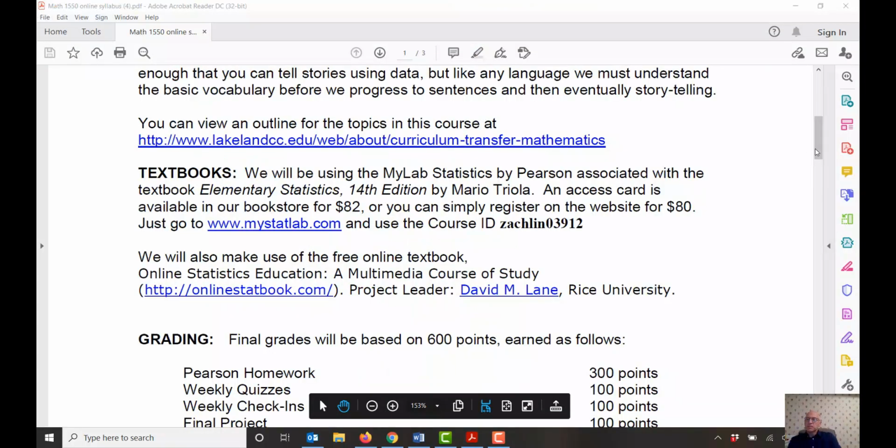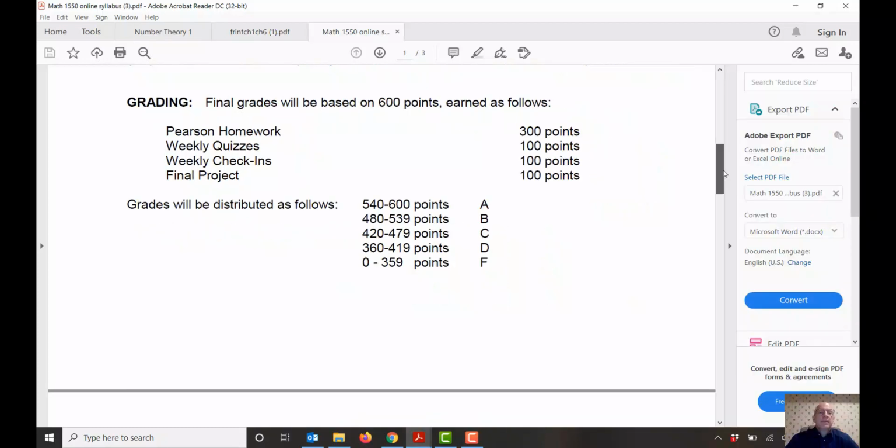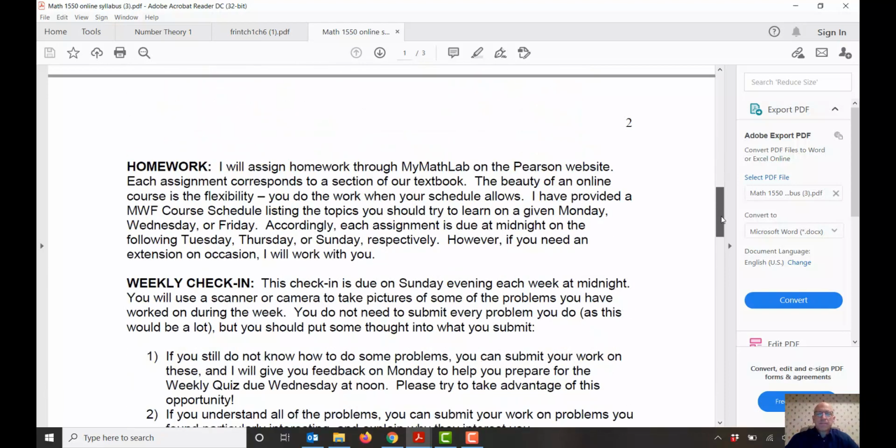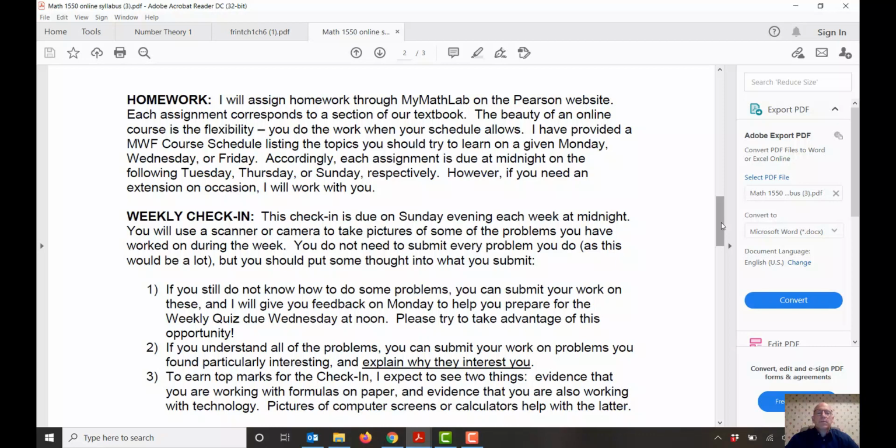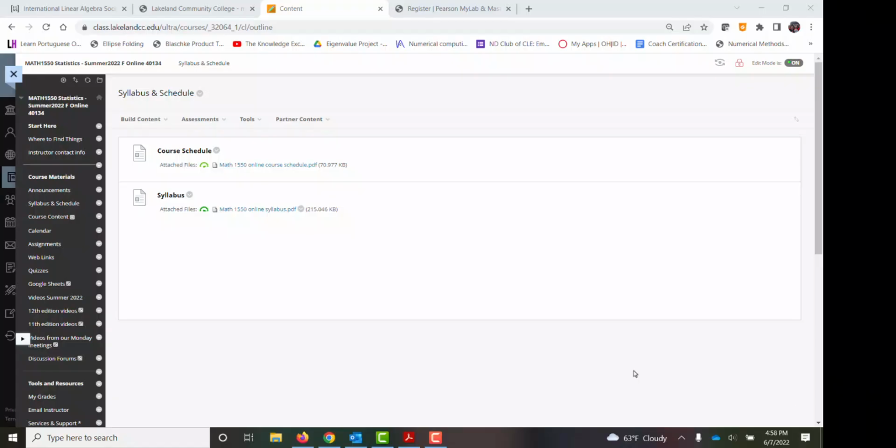So I want to go back to the syllabus now and continue. Grading scale is listed here. You'll notice that half of the grade is homework. We're going to have weekly quizzes, weekly check-ins, and a final project. So of course the most important part of the course is homework, and maybe I'll show you kind of how to do that next. So if we go back to Blackboard and click on Syllabus and Schedule,